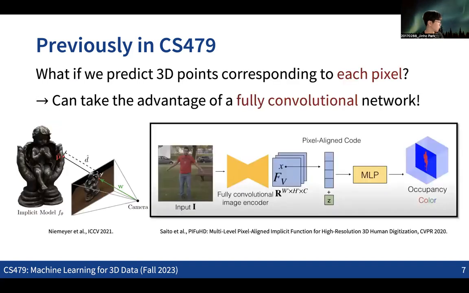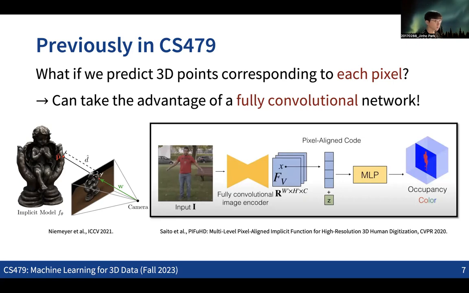The other thing that we discussed last time was how we can make a better architecture, especially when taking images as the input. When you have an image as the input, in a 2D to 3D reconstruction situation, we could consider the spatial alignment of the 3D and the 2D. We are not just taking the global latent code of the entire input data, but taking the corresponding pixel in the 2D space to get information along the whole ray in the 3D space.